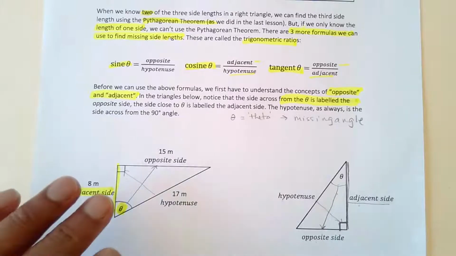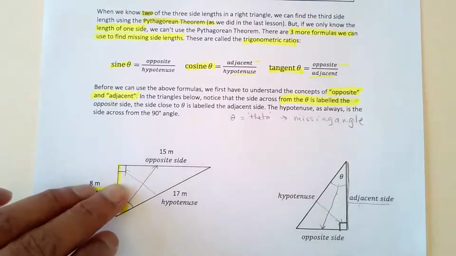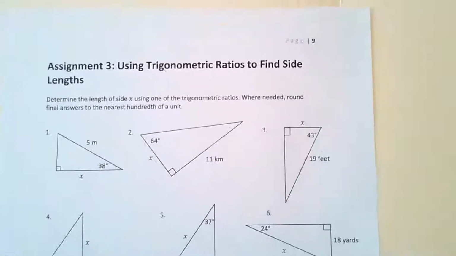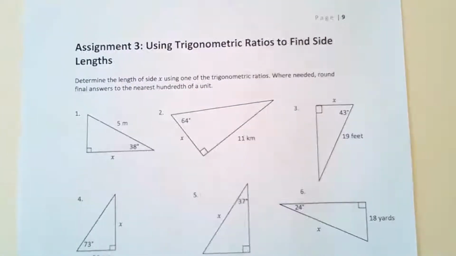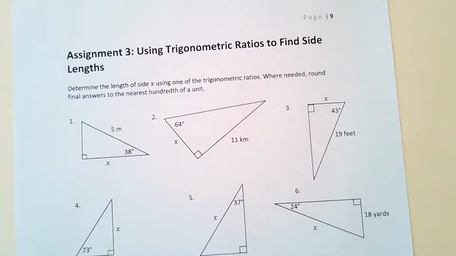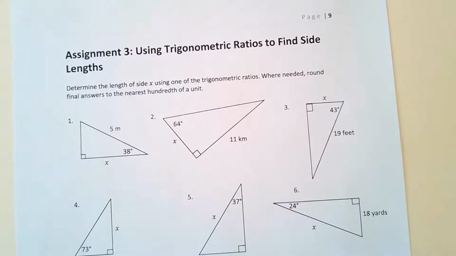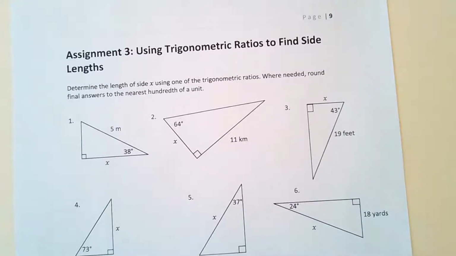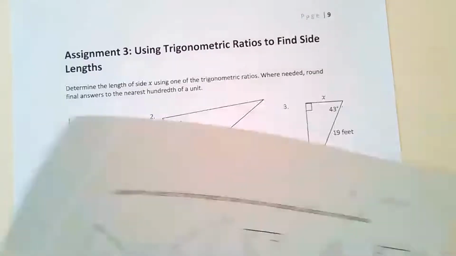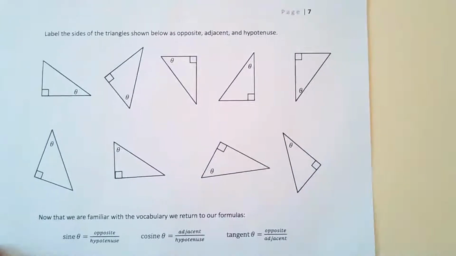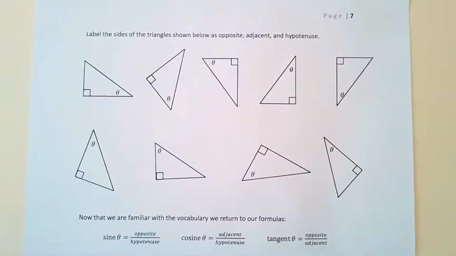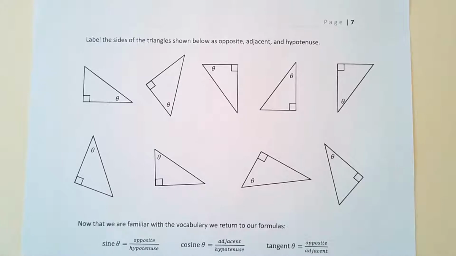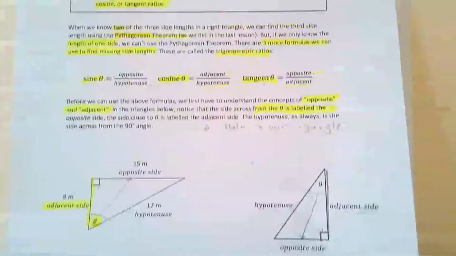Now, let's go on to the next page, and we look at some examples of how we are going to label the sides of a triangle. Now, that's the wrong page. So on page 7, using what we learned from the previous page on how to label,